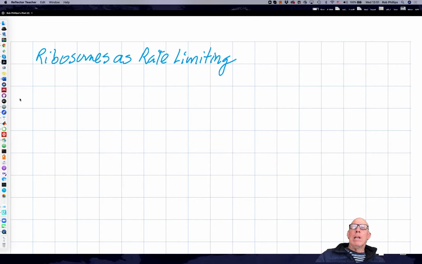Welcome back. So this is our final vignette having to do with the question of what could be rate limiting in bacterial cell division. And if you'll think back to when we laid out the various hypotheses, we had all sorts of different ideas. We had ideas about membrane transport, we had ideas about energy, we had ideas about the cell wall and lipids, we had ideas about the central dogma. And without going into the details of each and every one of them, what I'm ready to say is that until now, all of them have admitted of parallelization.